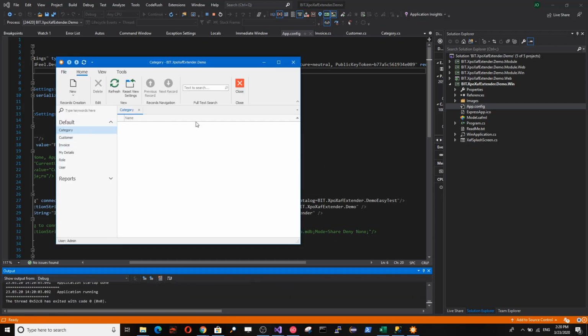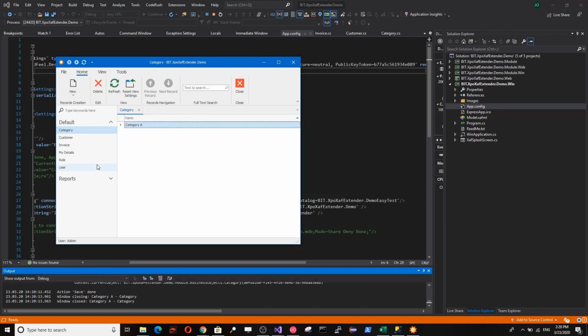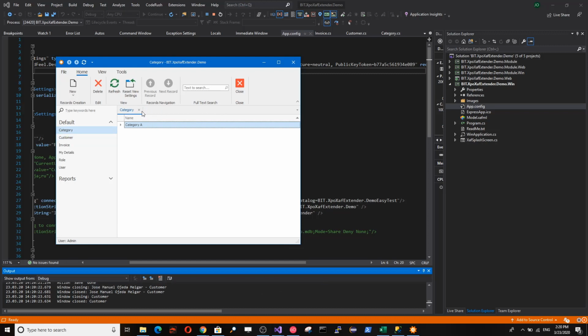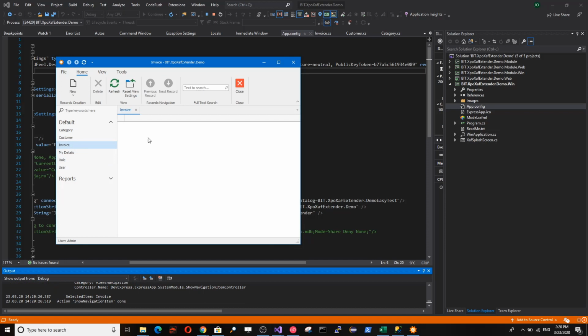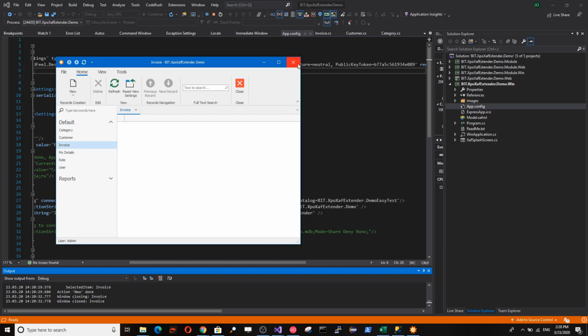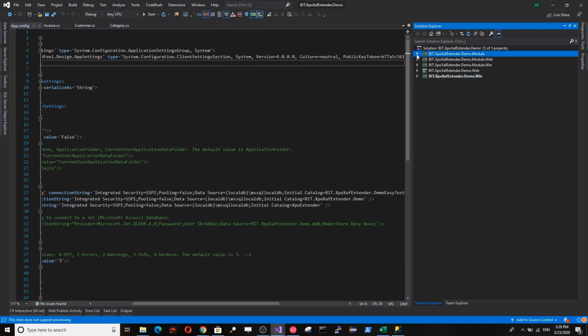Okay, category only one property, name. Let's do one category now, category A. And let's do one customer. I'm going to do this guy. Done. So now what we're going to do is we're going to extend it. See, in this case also, if I open the detail view for invoice, there is nothing here because there are no properties for invoice. So to do that, first I need to locate one file,